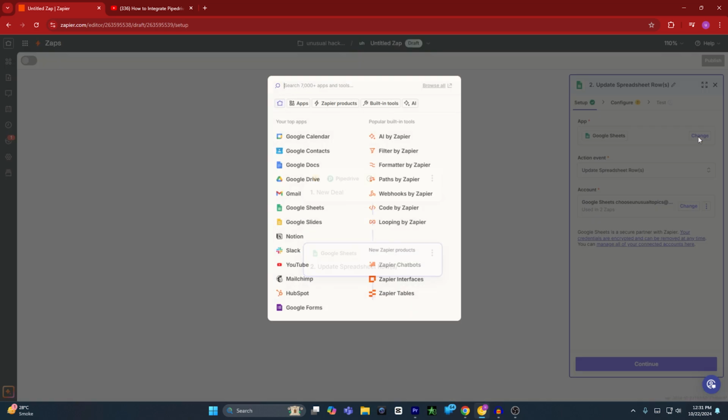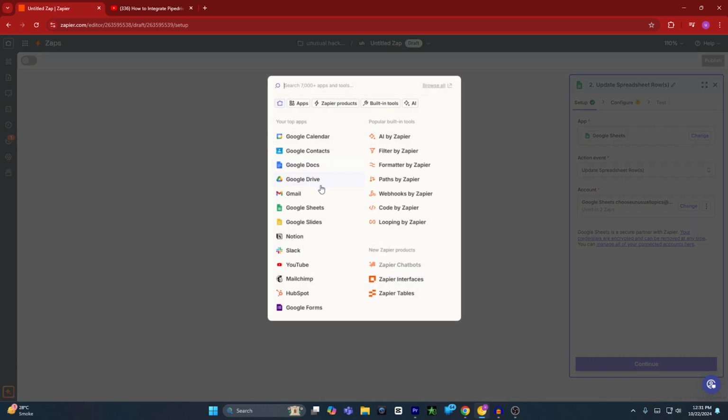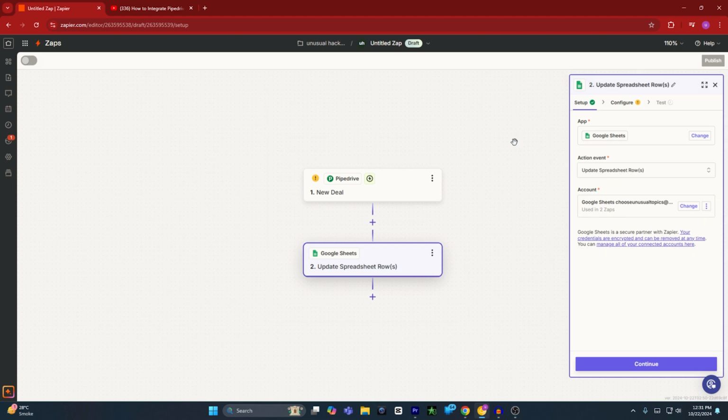And you can change from Google Sheets to any other. For example, if I change the connection, you can change it to Gmail, you can change it to Google Slides, you can change it to YouTube. You can do basically a bunch of things with this automation, and that's how you can integrate your